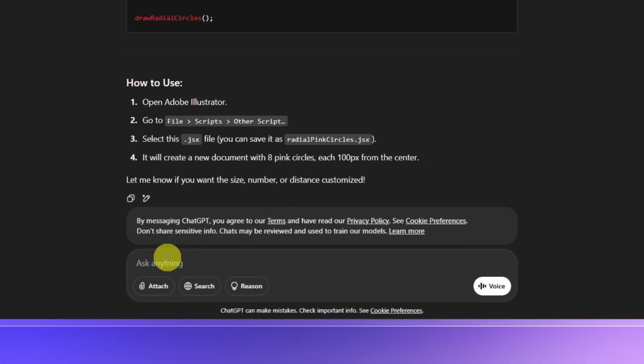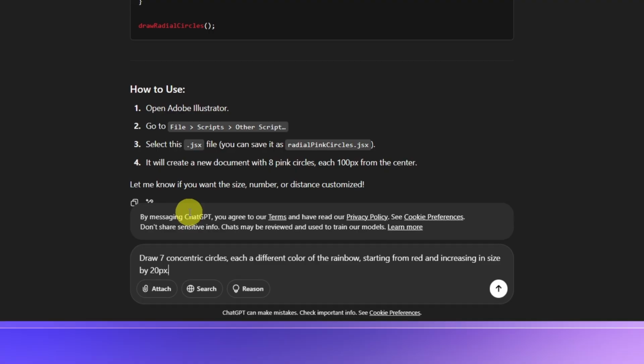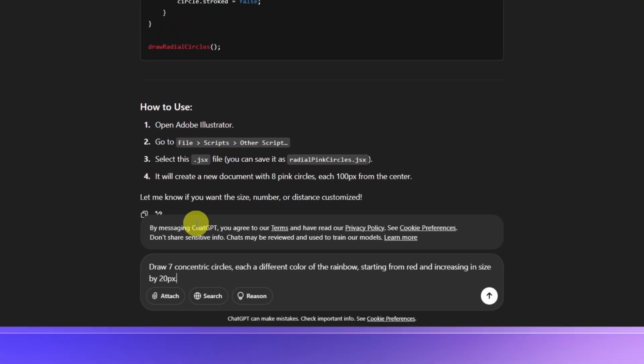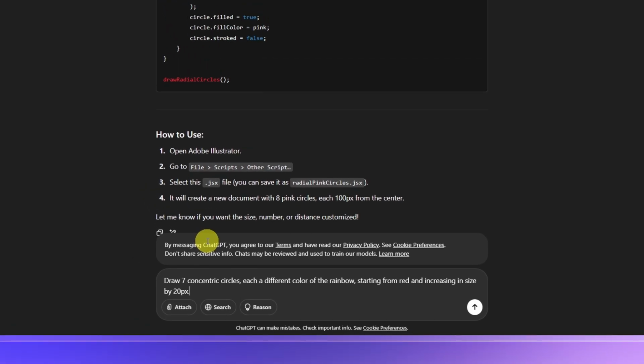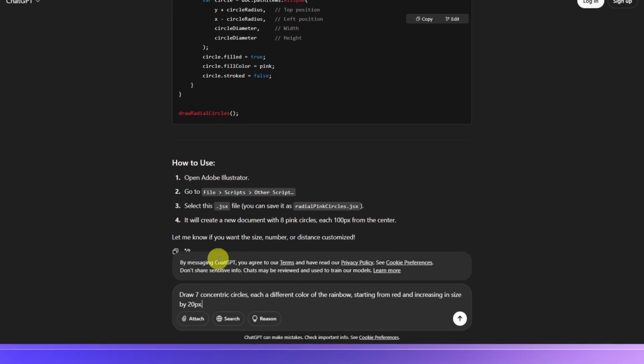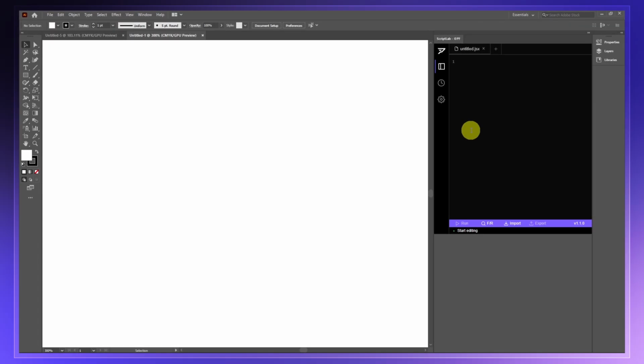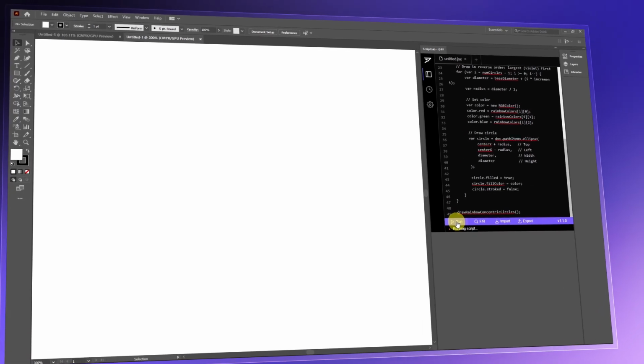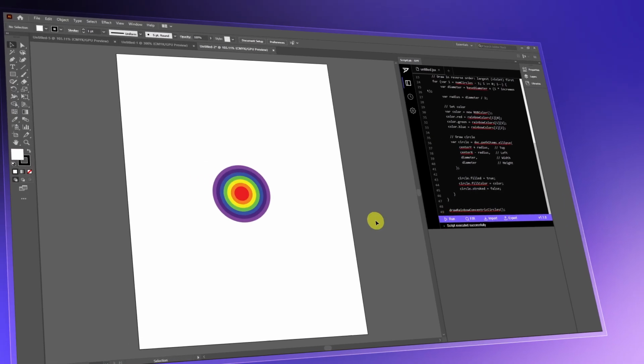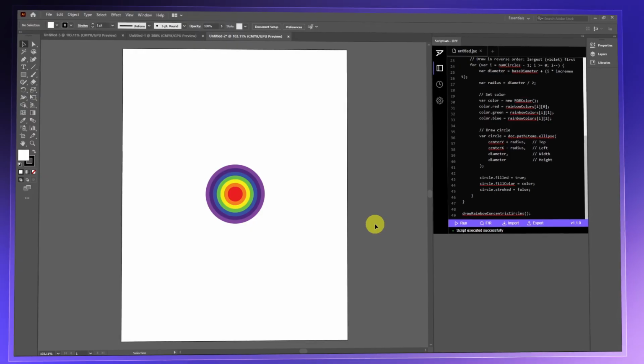But why stop there? Let's try some more creative ideas you can generate just as easily. Rainbow concentric circles. Draw 7 concentric circles, each a different color of the rainbow, starting from red and increasing in size by 20 pixels. Hit run, and watch as a colorful set of layered rings appears, perfect for vibrant logos